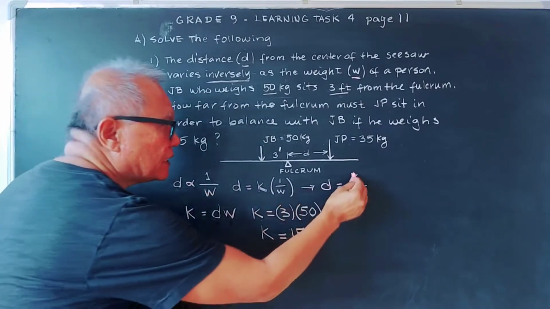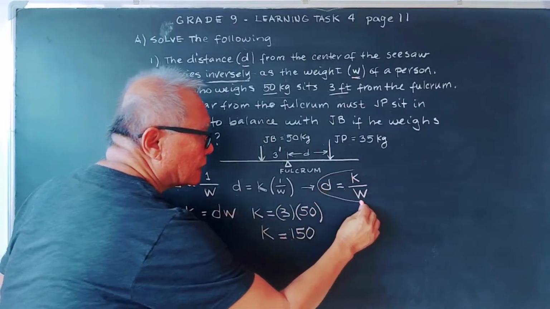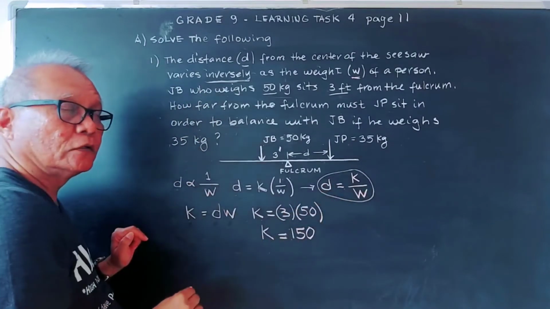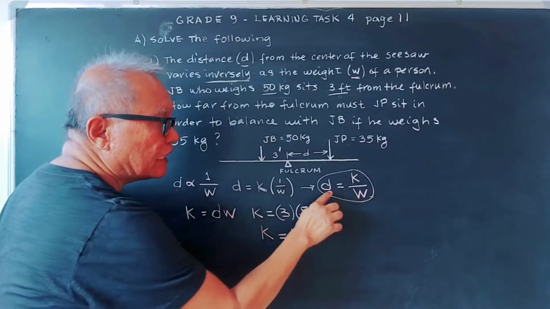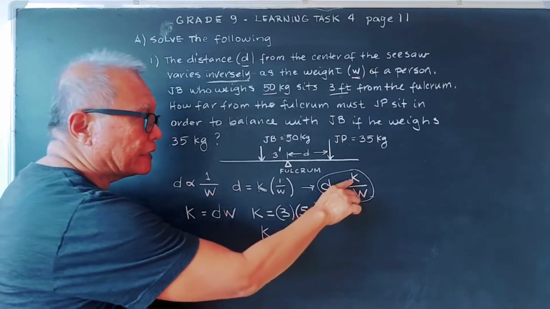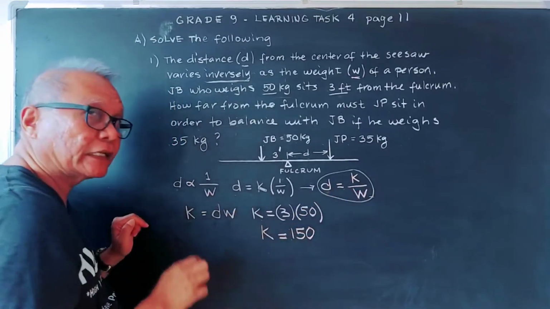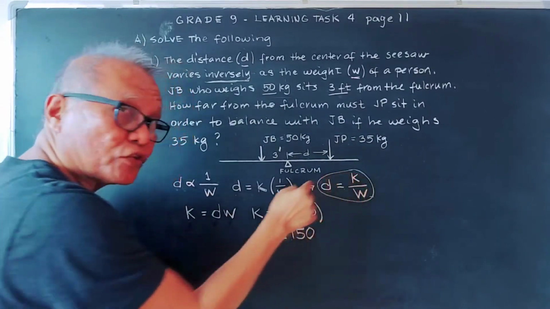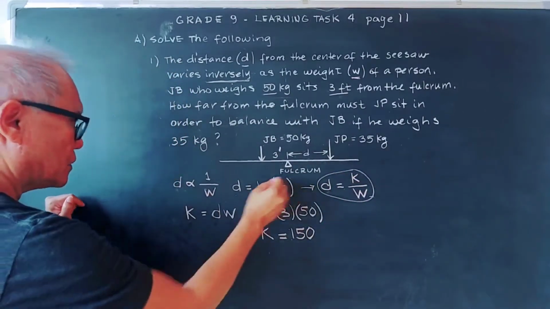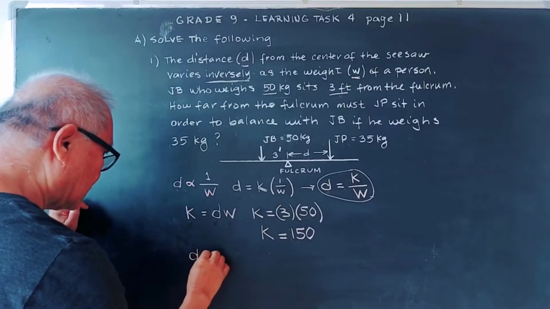Pagkatapos, gagamitin natin yung equation natin na ito. Merong given dun, may weight na si JP. Ang kukunin na lang natin ay D. May K na rin tayo, na-solve na natin. Kaya ang unang susolvein muna ay K. O, pag meron ng K, balik tayo dun sa equation form. So, distance is equal to